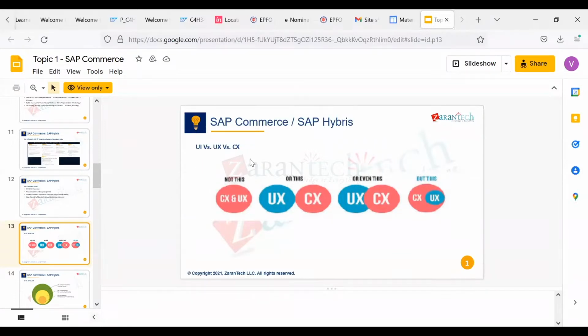Let's say you are browsing any e-commerce website, and you are browsing some product, or you are doing checkout of a product. Then each experience at every step, what you see, that is part of user experience. So